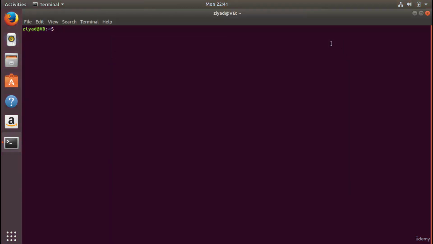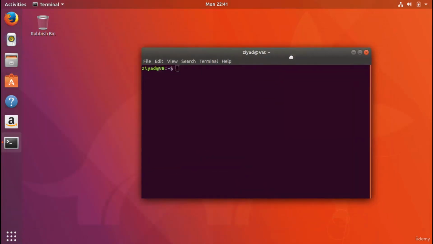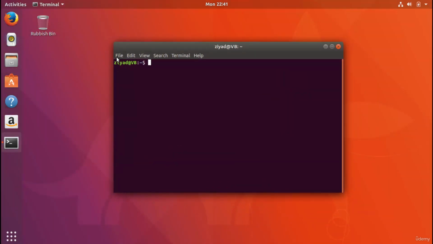We might maximize the terminal. We might make it a bit smaller. You can move it around the screen, and so on and so on. There's loads of different options at the top. For example, you can open terminals and things. You can edit, copy and paste, change the zoom, and so many other things. Play around with it as you wish, but it's rather easy to open. If you want to close it, just like you would on any other graphical system, you just click the X